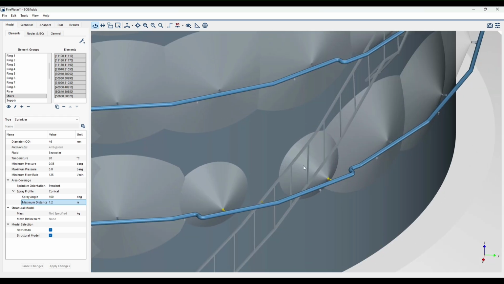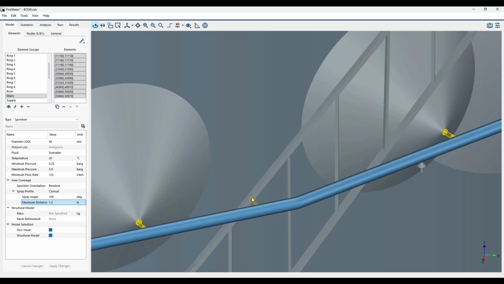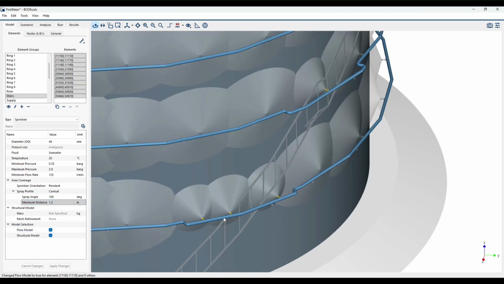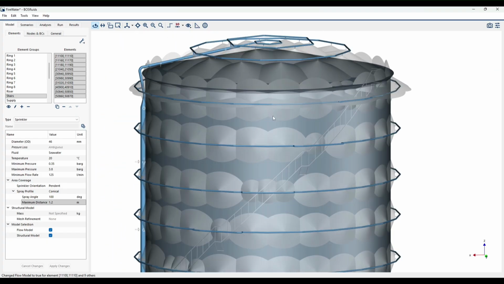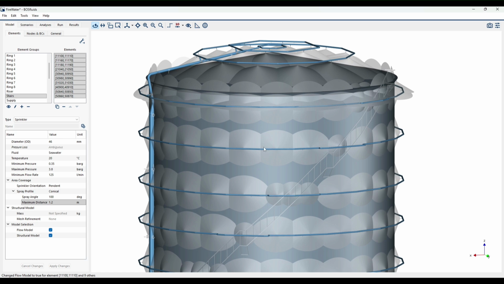So in that case, what we can do, and we have already done it, is add some sprinklers that are not on in the flow model. If we just include them, we can see that now we are covering all these areas. And then the flow rates are calculated assuming a run down area, so that the water drains